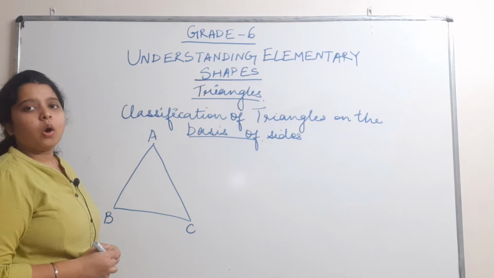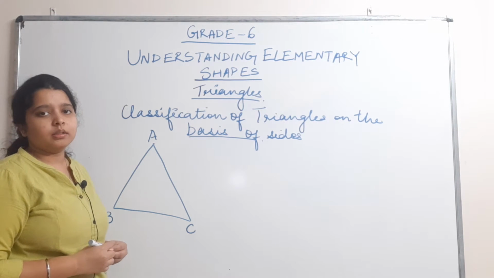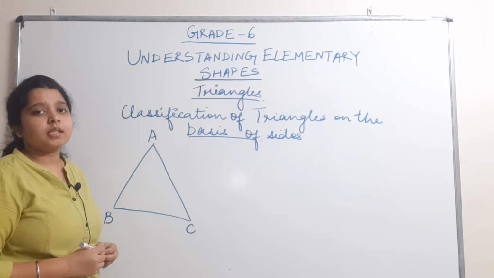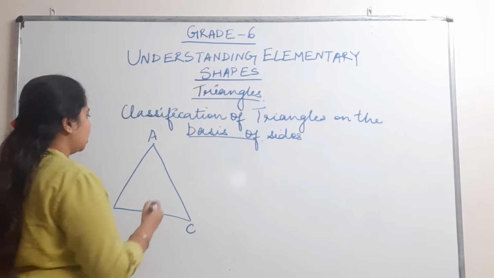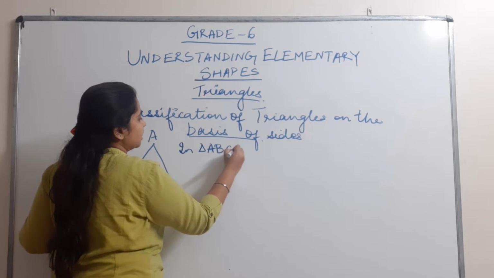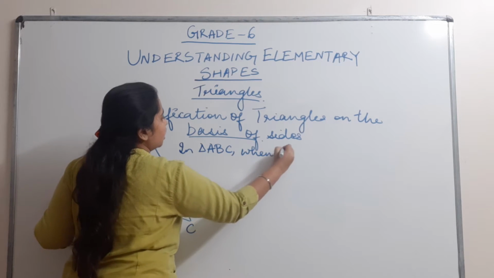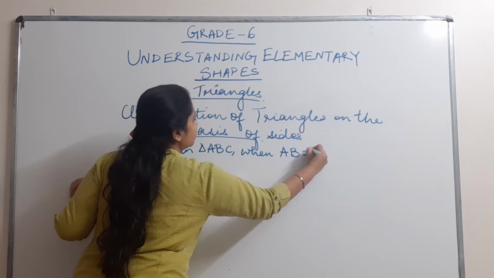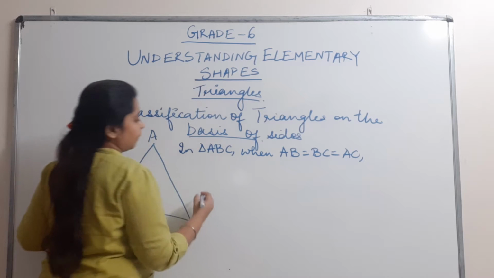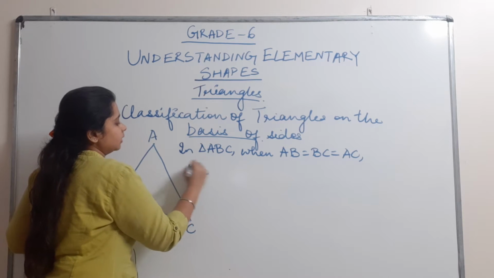So when all the three sides of a triangle are equal to each other, then the triangle is known as equilateral triangle. In a triangle ABC, when AB is equal to BC is equal to AC, then the triangle is